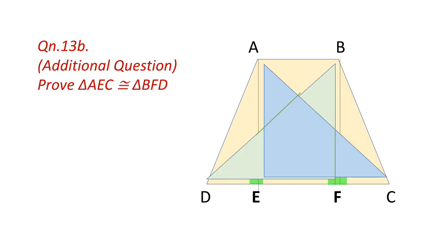Now see the next question. This one is the additional question. I have given this as a task for you. You have the same question, same condition as the 13b, and you have to prove that AEC is congruent to BFD. The figure is also given, you can take the help of the figure. Now you have 13c also. In the book for the question 13c, a hint is given, so you can see the hint and you should try to solve 13c by yourself.